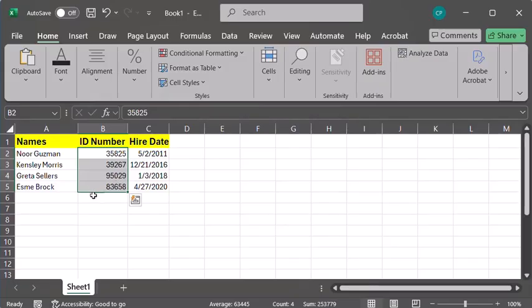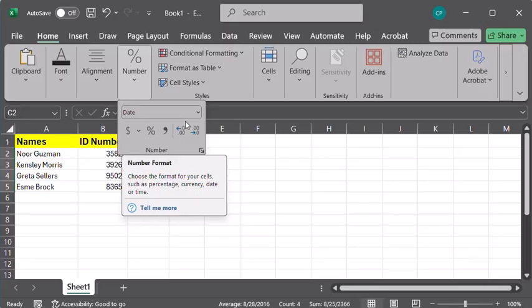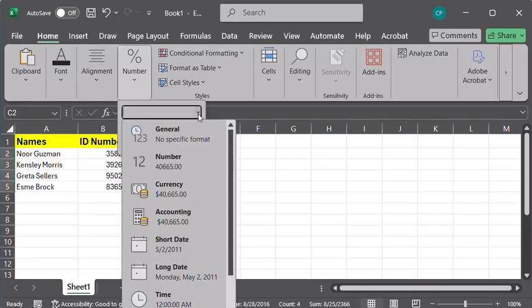Formatting your cells as a number just guarantees that they'll work properly when we do things like sorting by values or using this in a computation. I also included some hire dates here within that same number section of the ribbon. You'll see this is automatically set as a date, but if not, you could set your cells to be a date format. And there are also different types of date formats.